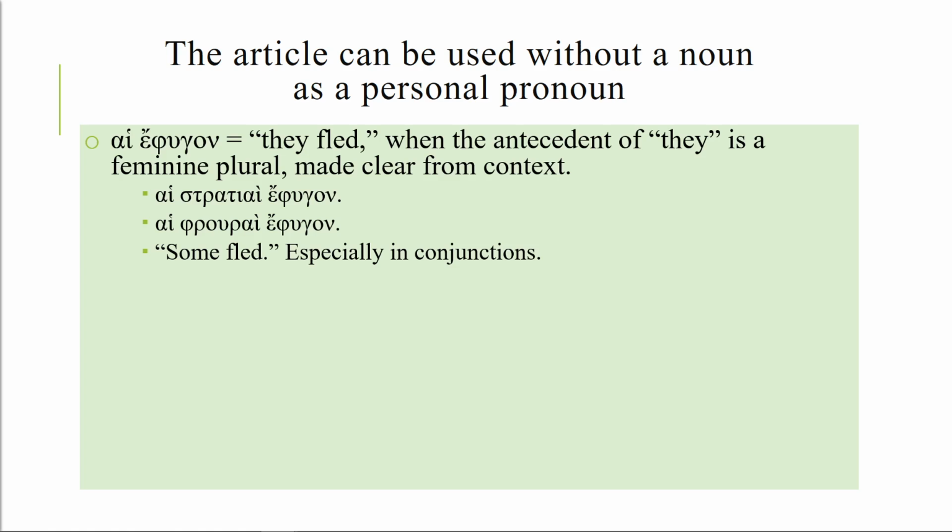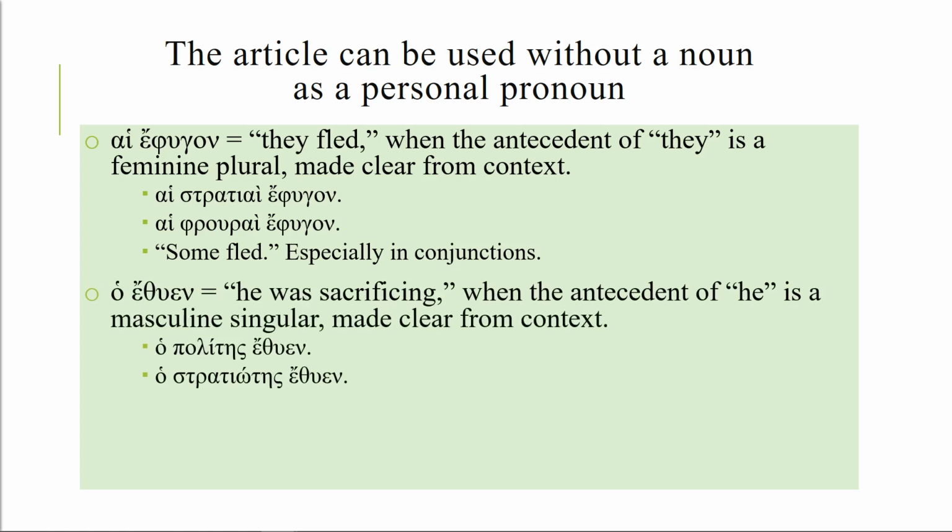Somewhere earlier on, we have hai stratiai or we have hai phrouroi. Stratiai meaning armies, phrouroi meaning guards, guard units. And sometimes it can also mean just some, especially if there's a conjunction. Hai did this and hai did that means some people did this and some people did that. Again, we'll see examples as we go along. Likewise, we can have just the